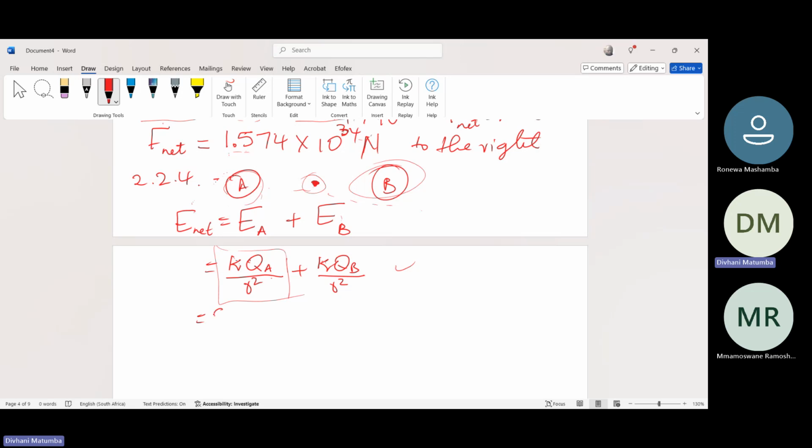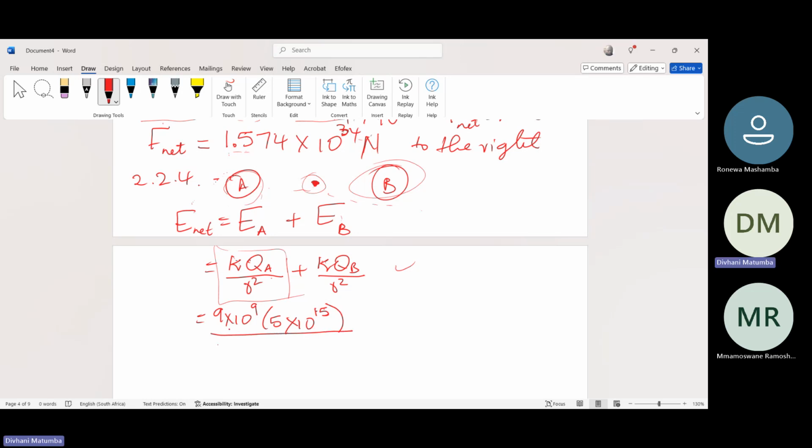Then this will be 9 times 10 to the power of 9, and QA is given by 5 times 10 to the power of 15, all divided by